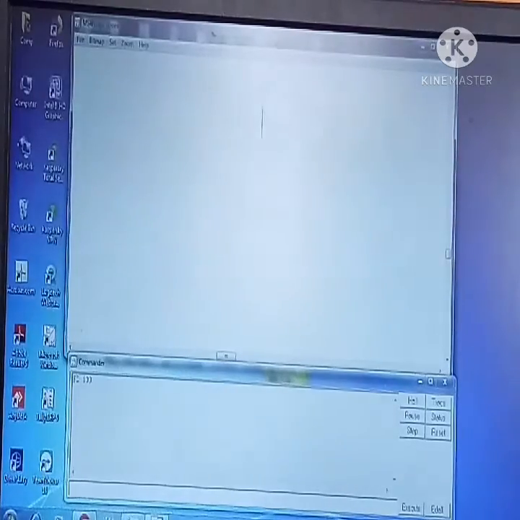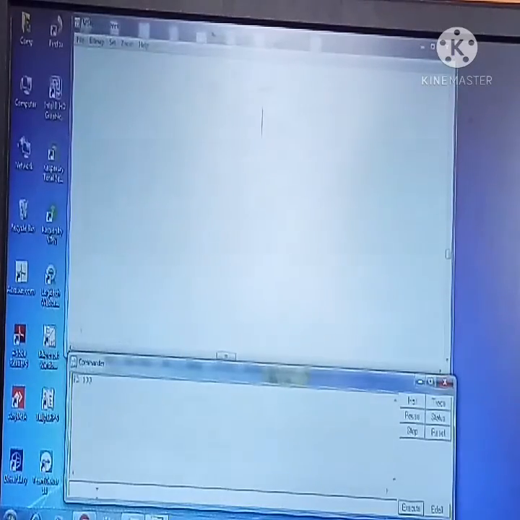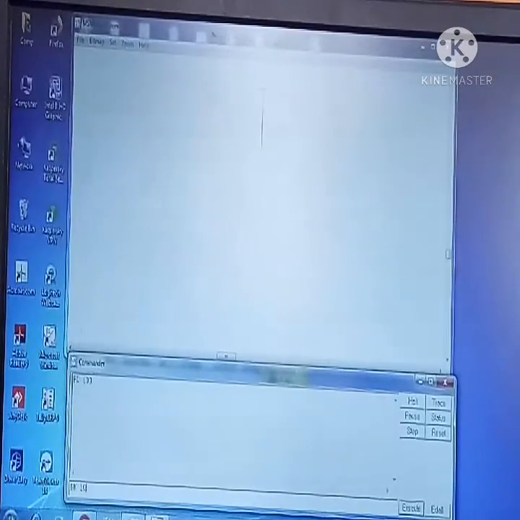Now let us learn the backward command. In the same input box you have to give the backward command, that is BK space 100. 100 means 100 steps it has gone forward here. So I am giving BK space 100.